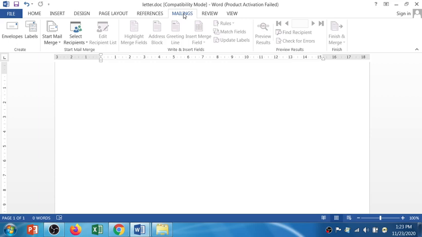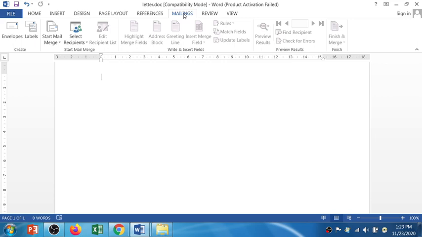Mail merge is the option where you can create your document, or you can say the mail or the letter or any invitation or the message which you want to send to multiple recipients, right? You can create that letter, that document, once, and you can send it to multiple recipients.